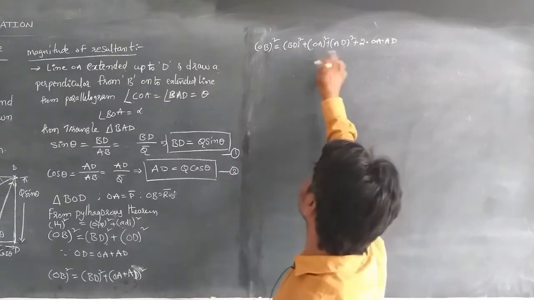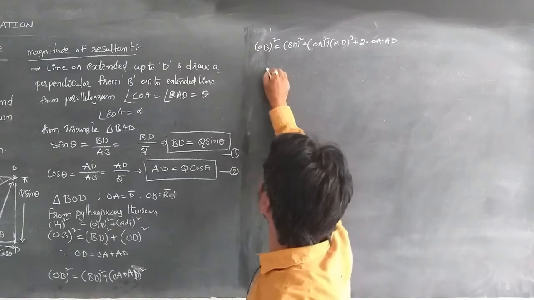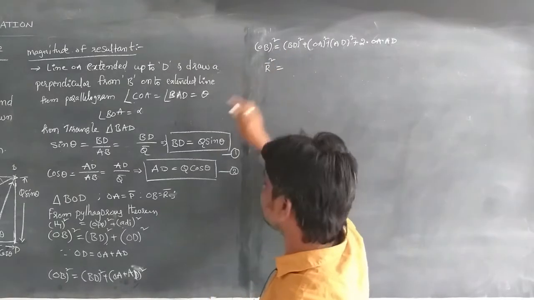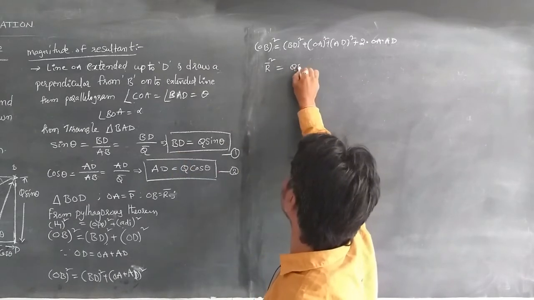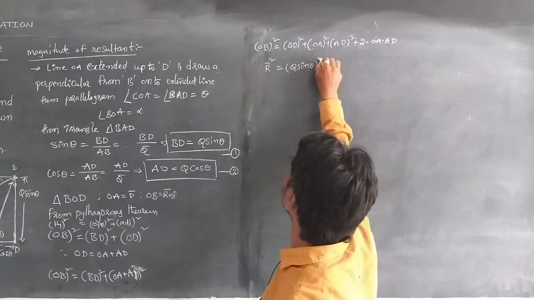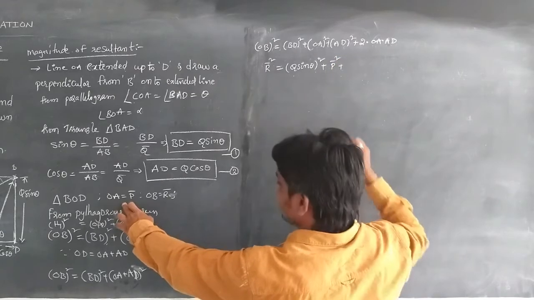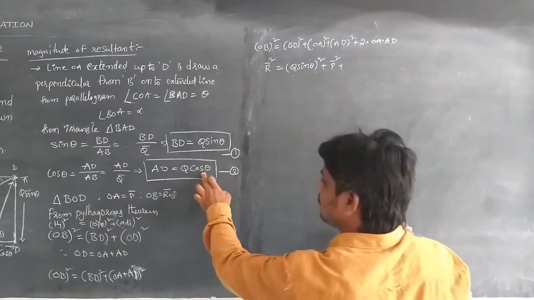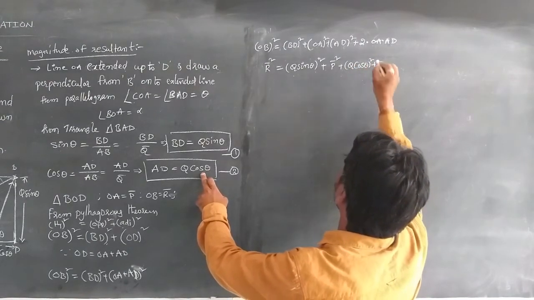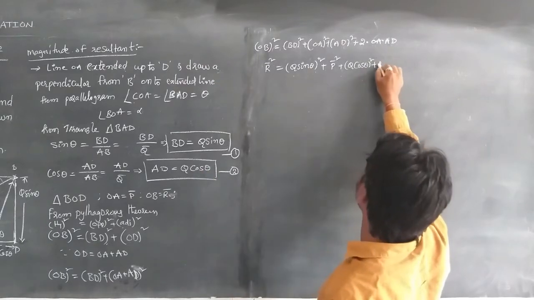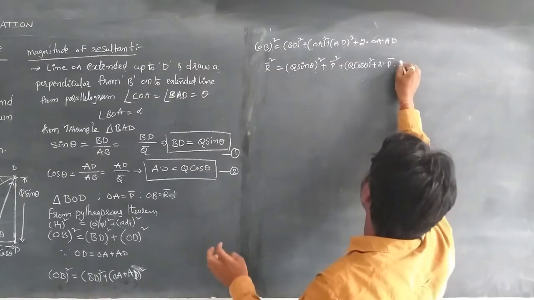From that equation we apply these values. OB is equal to R, so that is R square. Next, BD is equal to, from equation number 1, Q sin theta, whole square, plus OA is equal to P, square, plus AD is equal to, from equation number 2, Q cos theta. So Q cos theta whole square, plus 2 into OA, which is P, into AD, which is Q cos